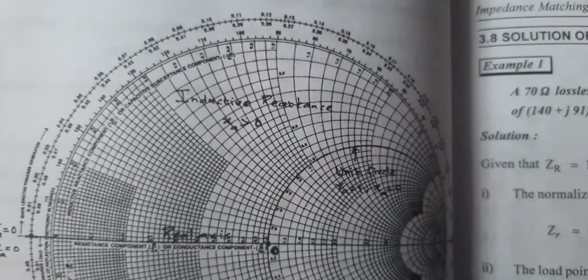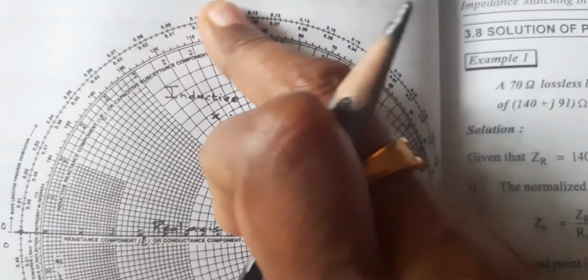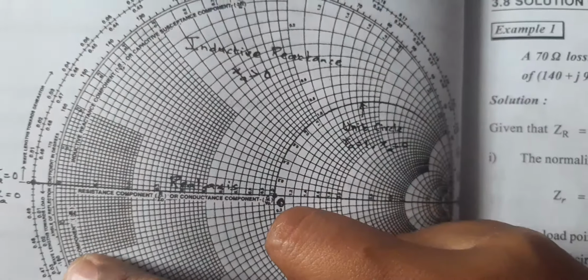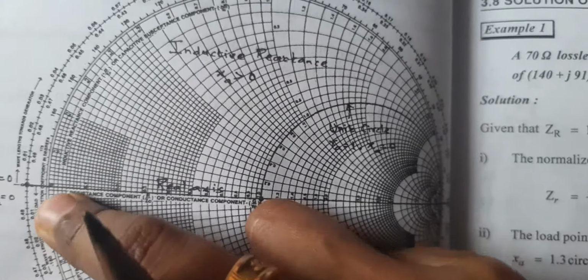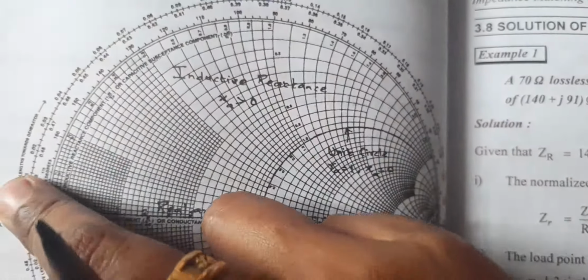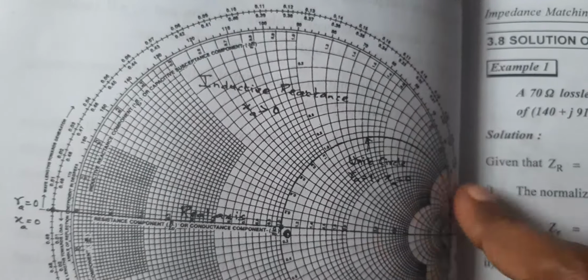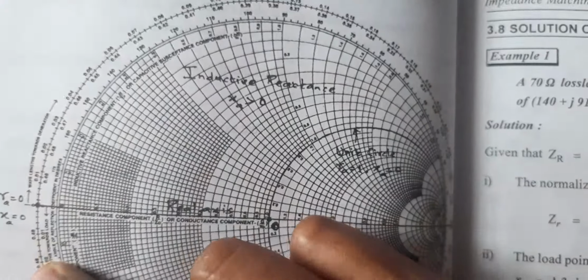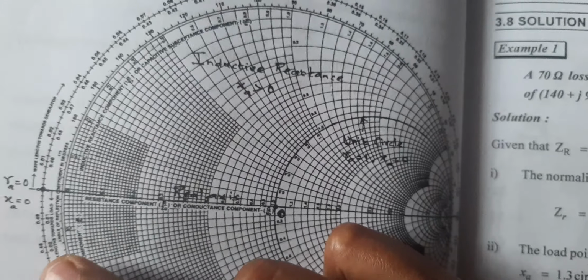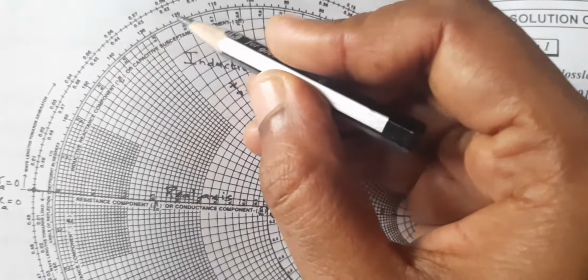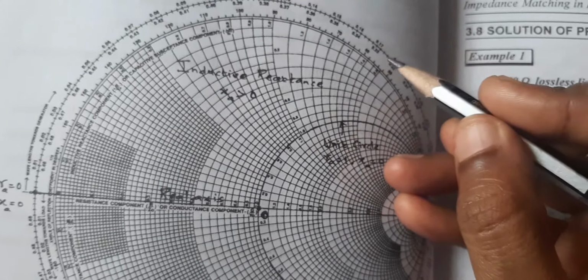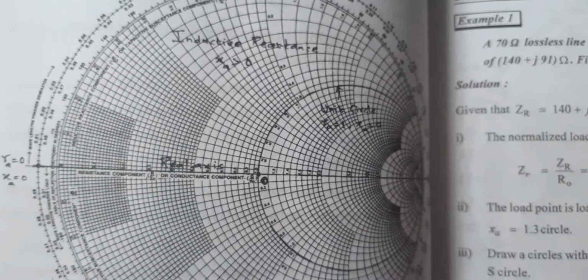That is the outermost value, where we move in the clockwise direction. If you are moving in the anti-clockwise direction, we are measuring the wavelength towards the load. Towards the generator, that is towards the source, means we move in the clockwise direction. The next value, the innermost, is for moving in the anti-clockwise direction, where the measurements are in wavelengths towards the load. And the next value is the reflection coefficient measurement; the innermost are the angle values for measuring the reflection coefficient. Can you understand? This is about the Smith chart.